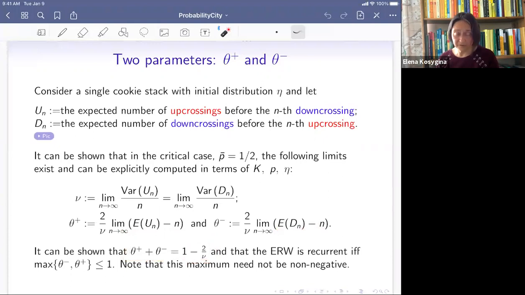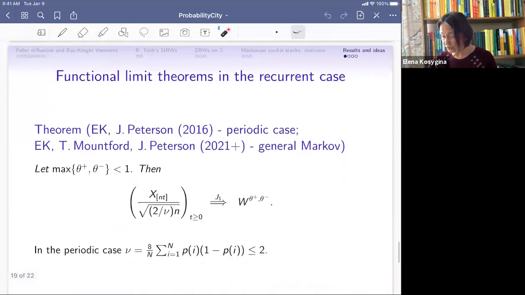In case of simple symmetric random walk, of course, this is 0, or in case of bounded cookie stacks, this is also 0 because nu is equal to 2. And excited random walk is recurrent if and only if the maximum of these two parameters does not exceed 1. Right? This maximum need not be non-negative, it can be negative, it's okay. So once we characterize, we know the recurrence region,